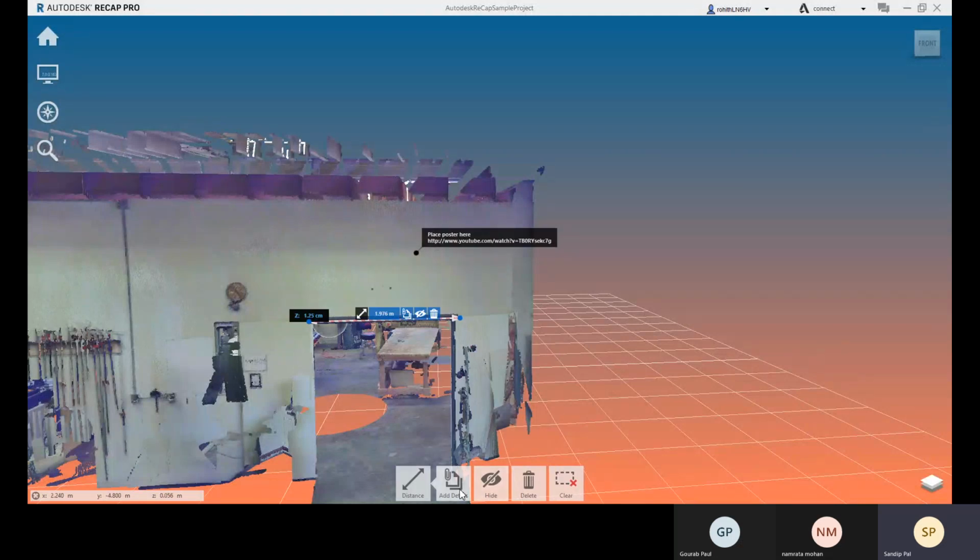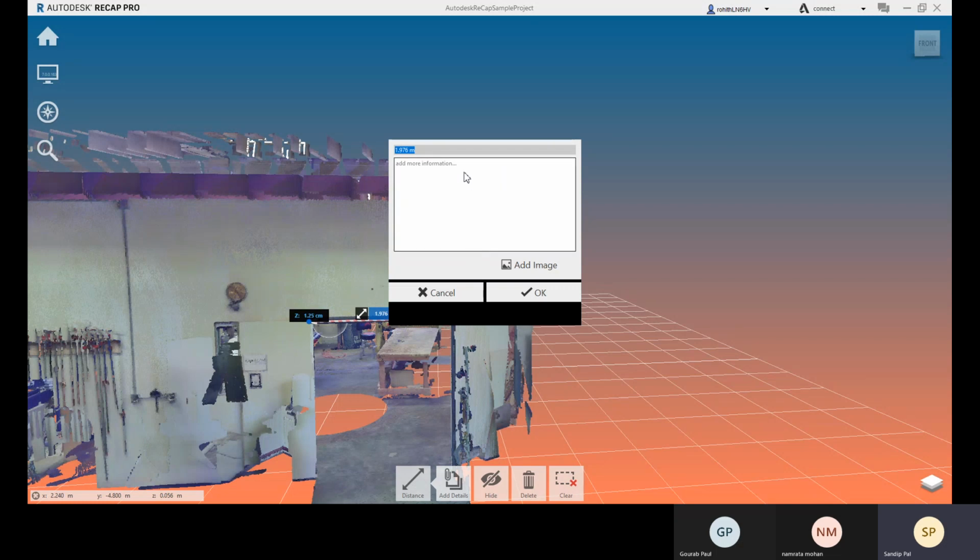There you can add any details like this. Suppose this is a door opening, that detail you can place, door opening width or door opening. That's it.